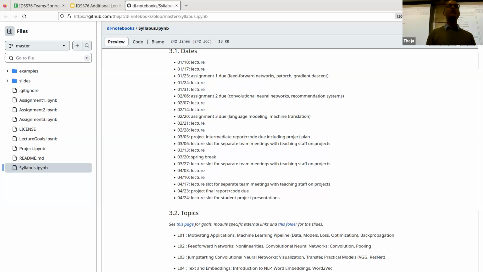The objective of each lecture is mostly to introduce the canonical model, and so today is very relevant in that sense. We're going to look at a canonical model for all the new LLMs that you're seeing. The canonical model is just a transformer architecture. We'll mostly be discussing it in the context of translation, which is something that you worked on in assignment 3.